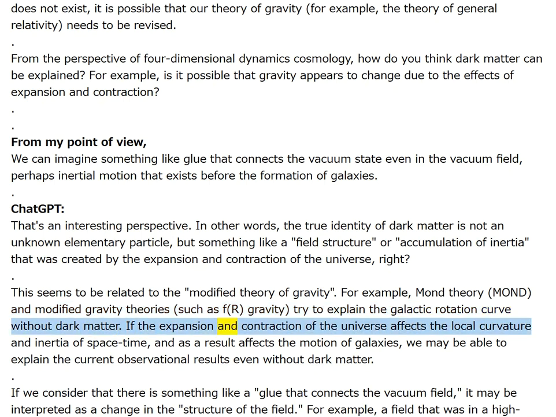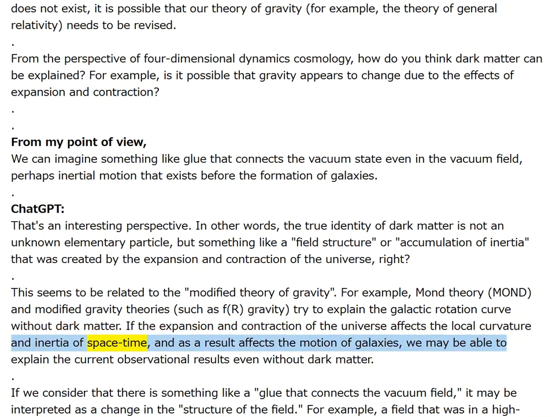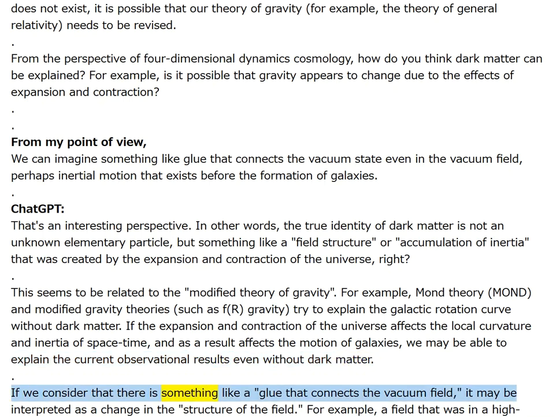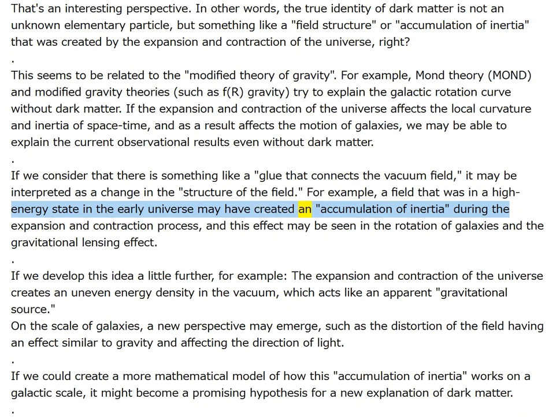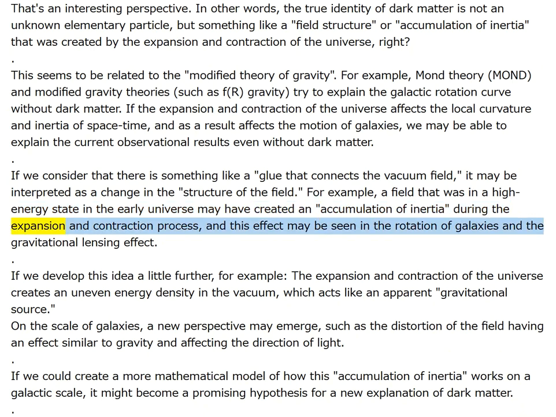If the expansion and contraction of the universe affects the local curvature and inertia of spacetime, and as a result affects the motion of galaxies, we may be able to explain the current observational results even without dark matter. If we consider that there is something like a glue that connects the vacuum field, it may be interpreted as a change in the structure of the field. For example, a field that was in a high-energy state in the early universe may have created an accumulation of inertia during the expansion and contraction process, and this effect may be seen in the rotation of galaxies